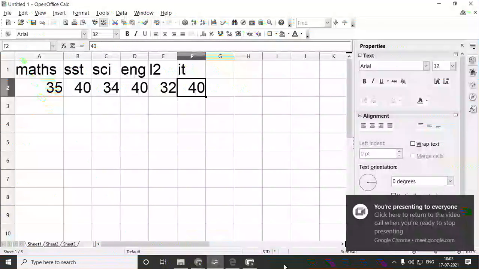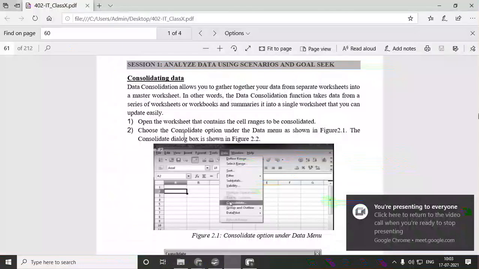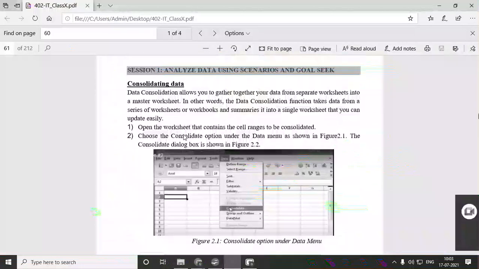So now, first we will see what we mean by subtotals. This is about consolidation, different data in different sheets that we are gathering together with the help of functions. That is called consolidation. If in the exam they ask what is consolidation, give an example, then you have to write the definition of consolidation, that is data in different sheets that we are gathering together with the help of some different functions. If they ask the steps to perform consolidation, the way I performed just now, step by step you have to write. Step 1 what you are doing, step 2 what you are doing.